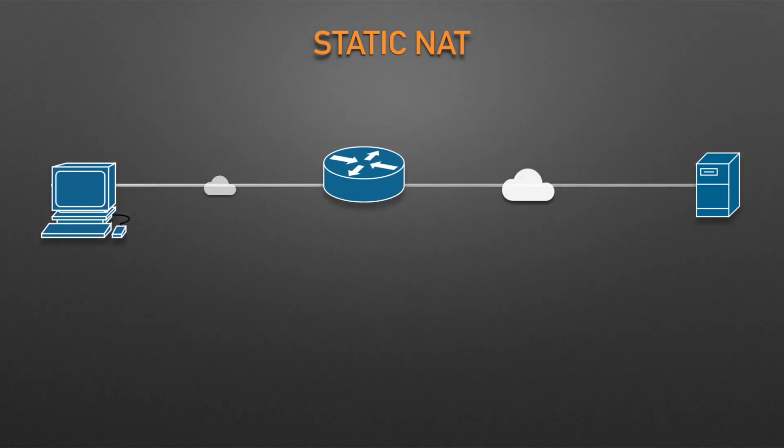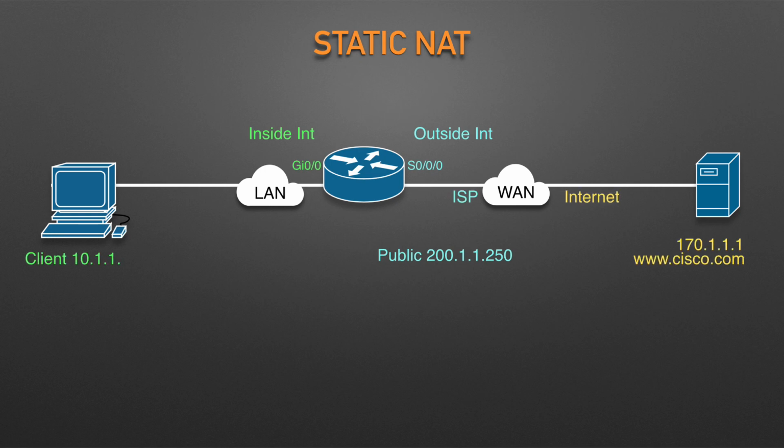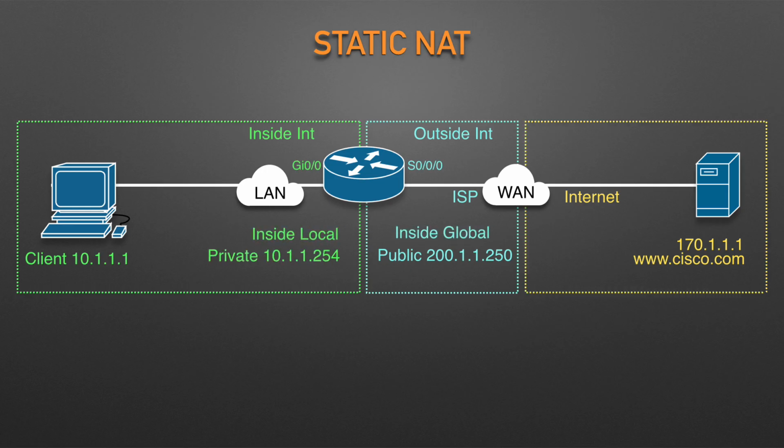Static NAT. First, the concepts. The company's ISP has assigned it registered network 200.1.1.250. Therefore, the NAT router must make the private IP addresses look like they are in network 200.1.1.250. To do so, the NAT router changes the source IP addresses in the packets going from left to right